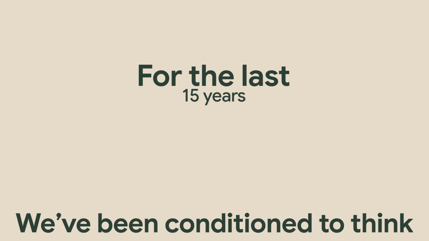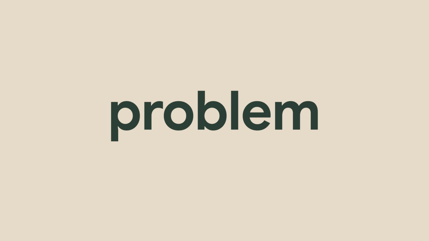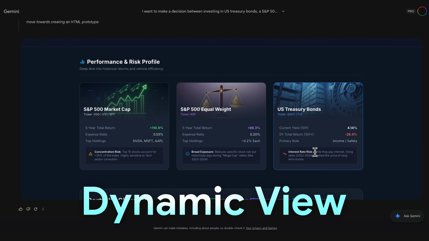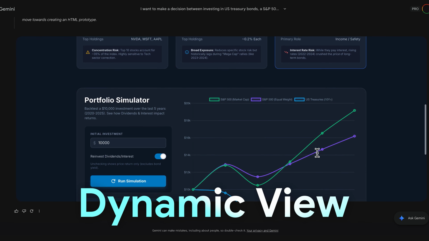For the last 15 years, we've been conditioned to think for every problem, there is an app for that. But what if we could create our own apps from a chat prompt within Gemini in a matter of seconds? And this is what Gemini Dynamic View can do. We can create the user experience we want, and this disposable software for personal use, I believe, is the future